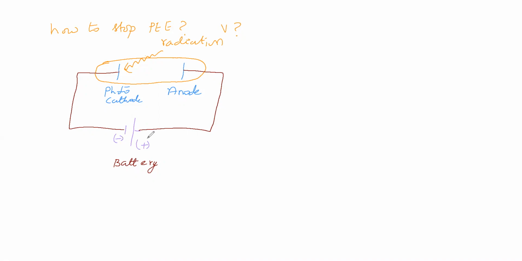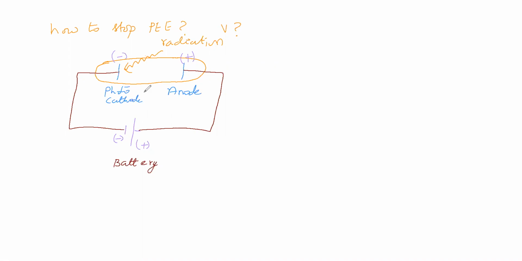Sir, so the battery's negative charge we are connecting to the photocathode. Therefore, this photocathode will have a negative charge. The battery's positive charge is connected to the anode, therefore it will have a positive charge. In this way, the photovoltaic cell will be there. Here this photocathode is exposed to sunlight radiation. From this photocathode, electrons will be ejected. The ejected electrons move towards the anode, and then either the bulb glows, or the battery is charging.